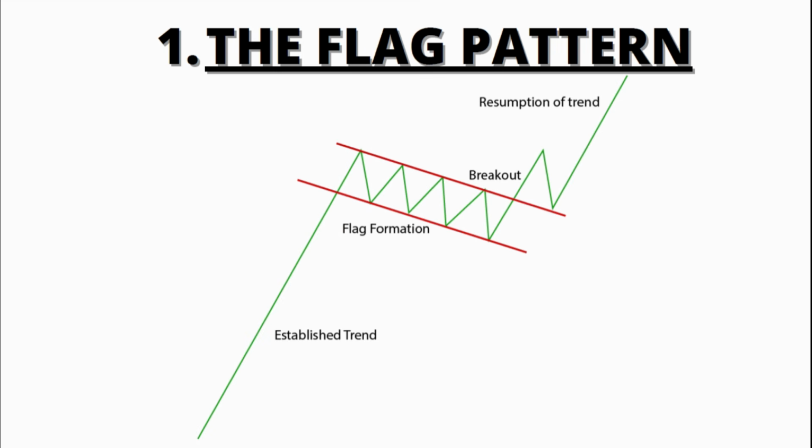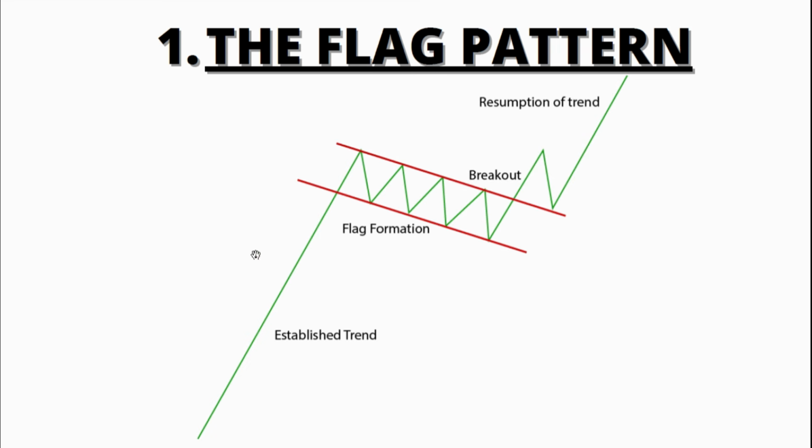So now the first pattern that I would like to discuss is the flag pattern. Now, like I said, we will be covering trend trading patterns only. So what we will cover is buying patterns in the uptrend and selling patterns in the downtrend. So this flag pattern is a trend trading pattern. The flag pattern can form bullish, that is to the upside, and can also form bearish, that is to the downside. So I will be covering both of the sides of the pattern, that is bullish side and the bearish side. So this is just a basic overview of the pattern, how it looks like.